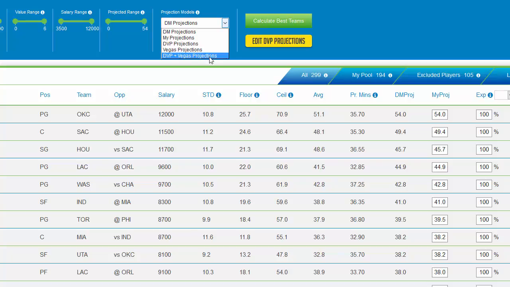And then we go DVP plus Vegas, and this will isolate a lot of times guys with really good matchups on higher scoring teams. And the DVP information you'll get from other sites is completely off, and this is kind of why we started doing it the way we did it. It's because you will have a database, and it will say,